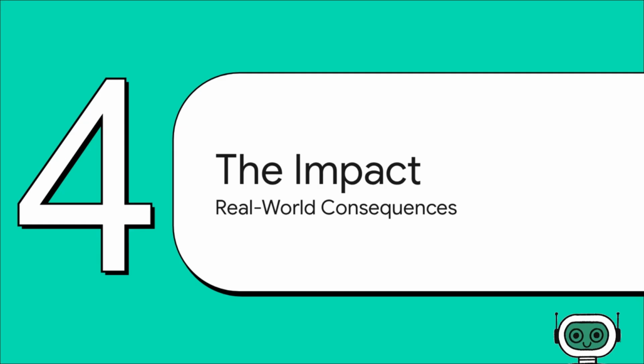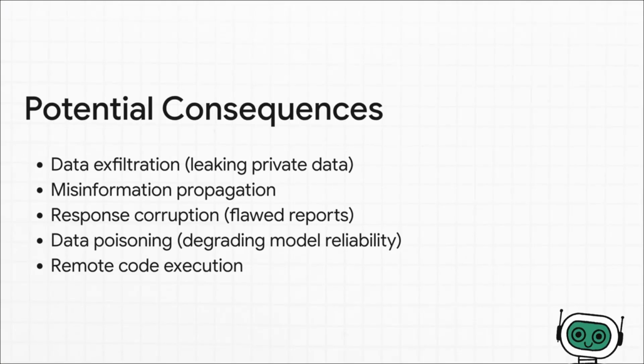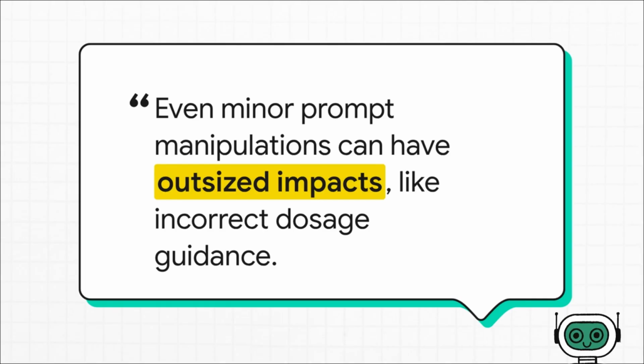So why does all this matter so much? Well, because when these models are connected to real systems, the consequences of a successful injection can be really serious. Once an AI is hooked up to real data and other tools, the risks just multiply. A successful attack could be used to leak private user data, trick the AI into spreading misinformation, corrupt important reports, or in the worst-case scenarios, even execute code on connected systems. And this isn't just a theoretical problem. As Palo Alto Networks points out, even a small manipulation can have huge effects. Imagine a healthcare AI giving wrong dosage advice, or a financial bot making disastrous investment calls,